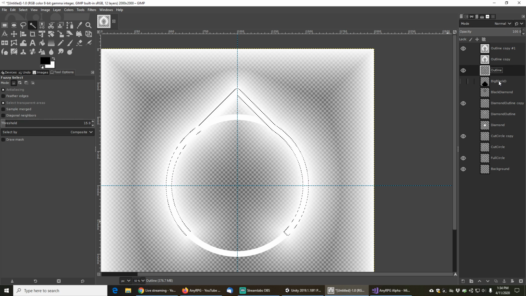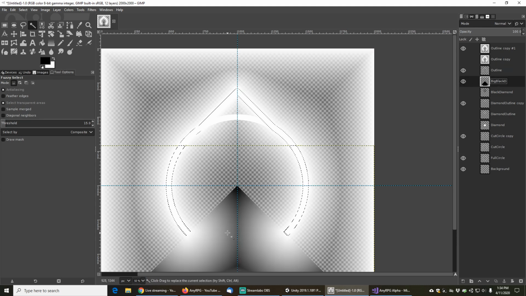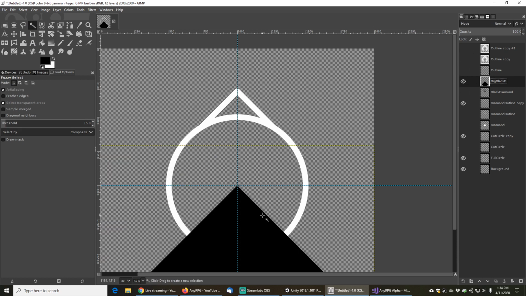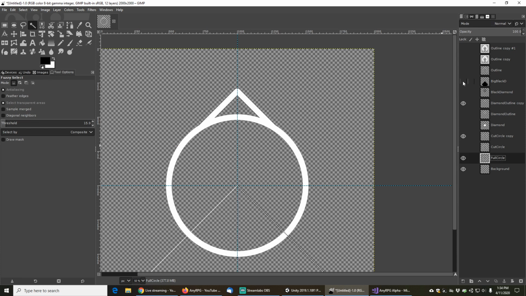So what's a good way to do that? Let's see, if I take my big black diamond and I make it visible, and I go select none, and I magic select the diamond, then I've got this bit right here. Then if I go to my full circle layer and unselect the diamond, copy the full circle,